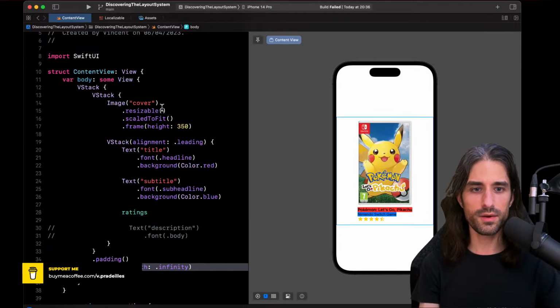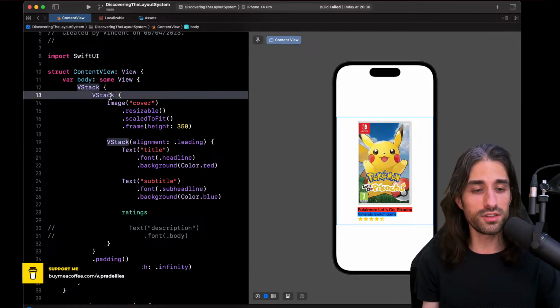You can see that now the VStack takes all the space available to it for the width, so the horizontal dimension. You can't see it because, interestingly, the VStack takes all the space available, but its content doesn't need it. So that space isn't used to draw anything, but the VStack still occupies it.